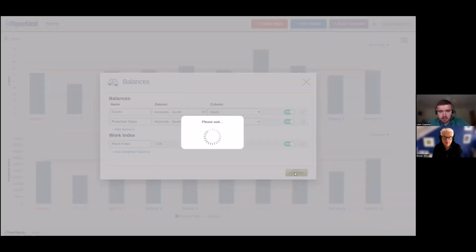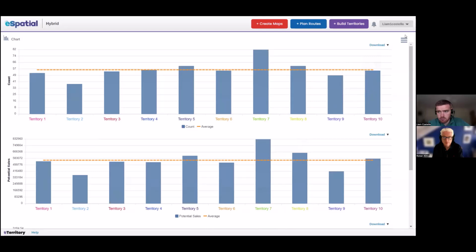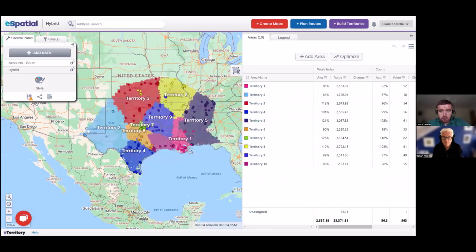So if I complete this and go back to the map view, then I think the next part of the agenda was to maybe run an optimization. Yeah, I think people would like to see that. And I guess why do people do this? It's the kind of thing that to do manually is just a nightmare. And these are the kind of terms we hear day in, day out.